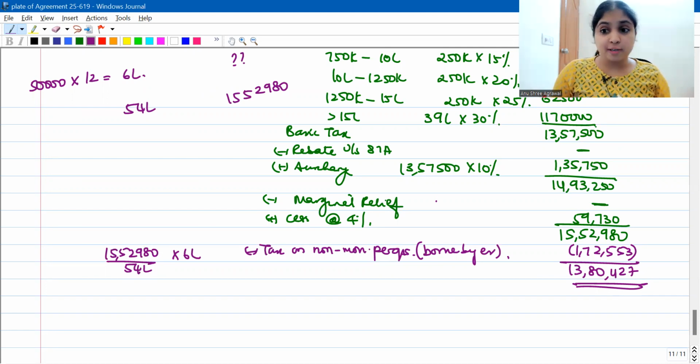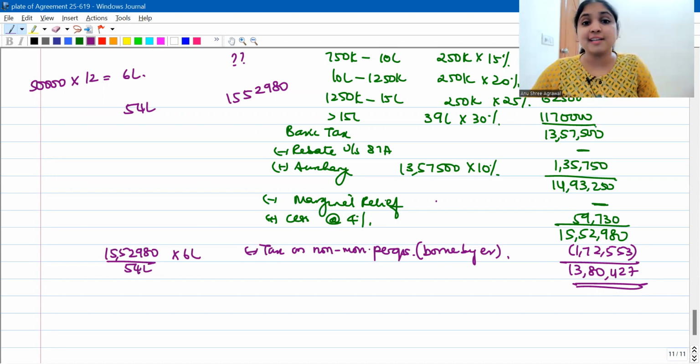The tax on the non-monetary perquisites part is borne by the employer. To that extent, the employee doesn't have to pay tax. It definitely becomes a benefit for the employee, but that benefit is not taxable for the employee. That benefit is exempt for the employee. So we are calculating section 192 TDS. For 192 TDS, we calculate the total tax liability of the employee. That is the amount which the employer deducts across the year.